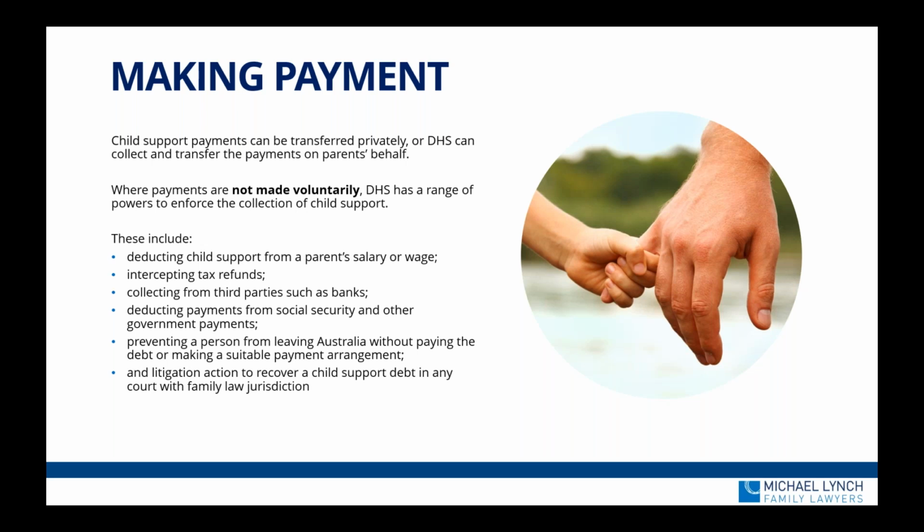So it can be transferred privately between the parents. It can also be made directly to the Department of Human Services. If they had a private collection agreement, which is when they're paying between each other and the paying parent stops, so the liable parent stopped, then the receiving parent can then contact the department and ask that they then collect on their behalf. When the payments aren't made voluntarily, so when the department has to step in, it has a